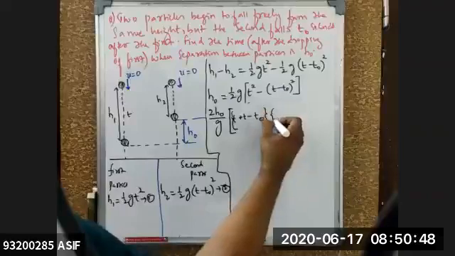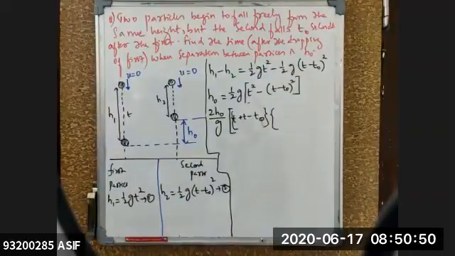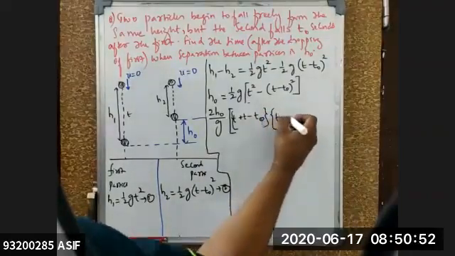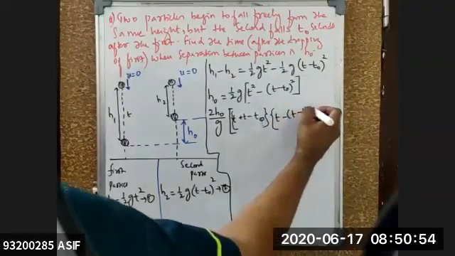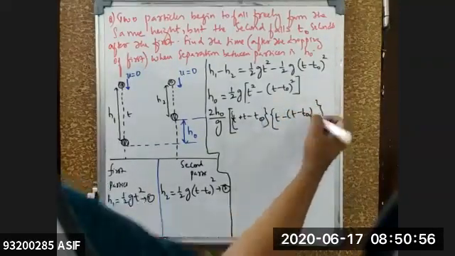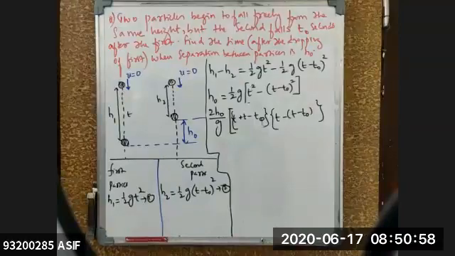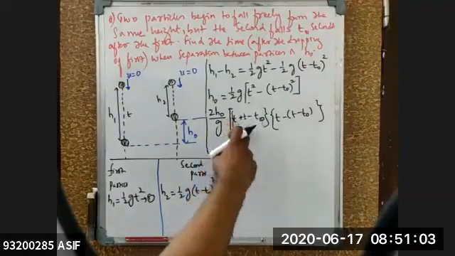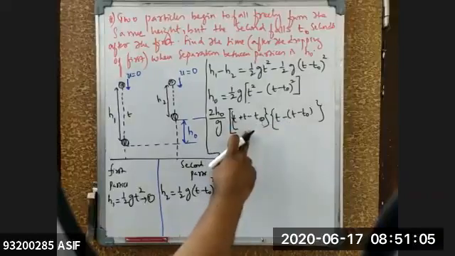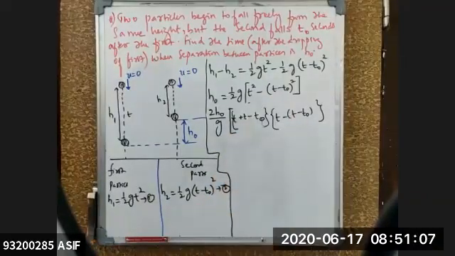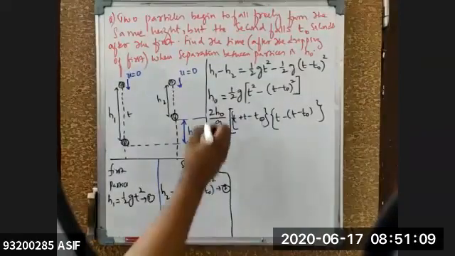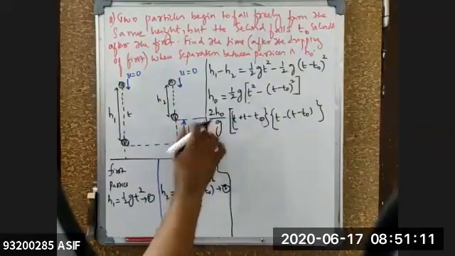Into this one is nothing but how much for me? I can write this one as (t minus t0), (t minus t0) whole square, (a minus b) whole square. So it is t plus t. So it will become for me t square plus t minus 2t part. Yeah, fine. So that will be equal to this much.